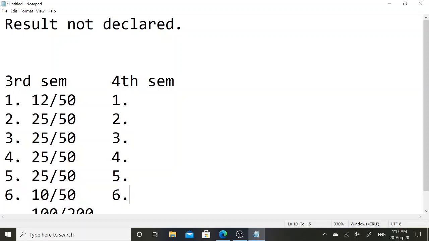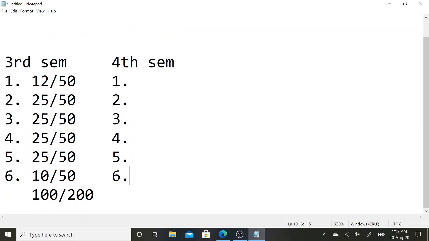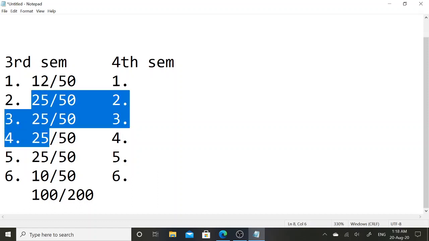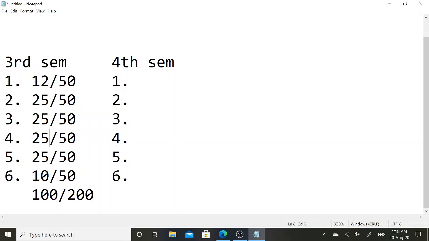So in the third sem, if your result is like this, these are the 6 subjects, and you got back in 2 subjects. If you failed in this one subject, and if you failed in this second subject, and these are the scores of the rest of your subjects. So it means out of 6 you have cleared 4 subjects in the third semester and you have failed in 2 subjects.